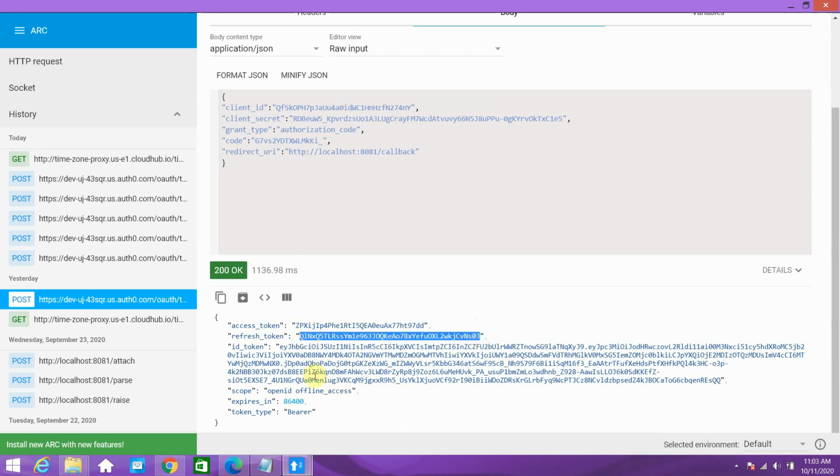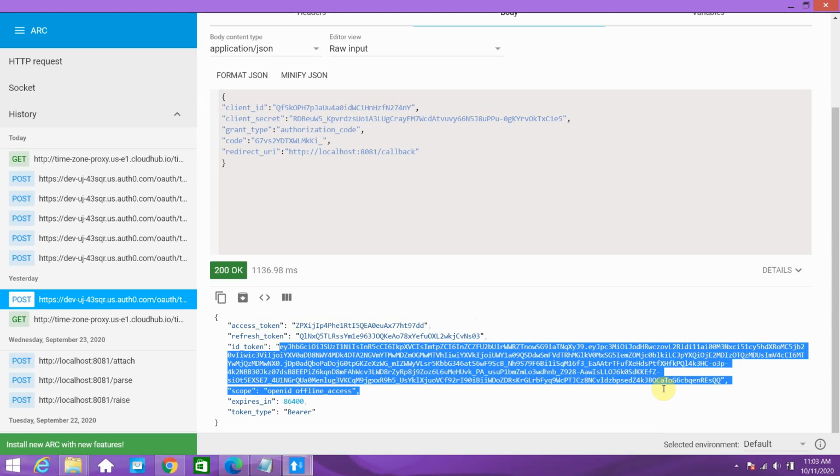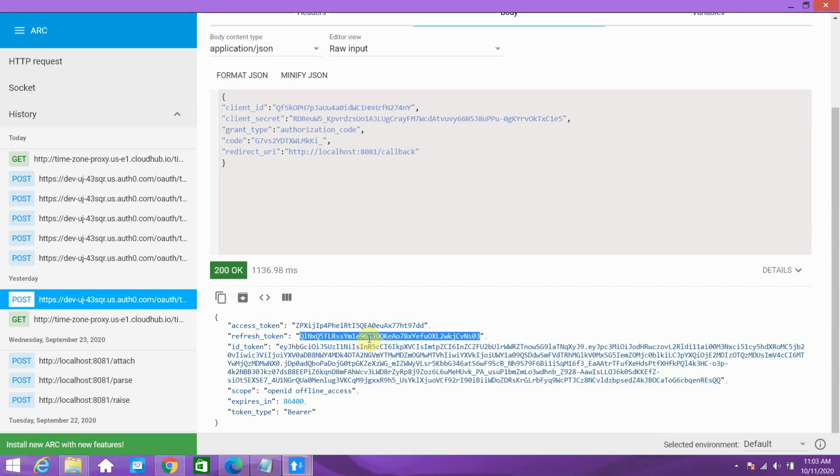Let's consider this token has expired, and I have to generate a new token. I don't want to follow again, just go and hit the authorize URL, get the new code, and after getting the code hit the token URL. I don't want to do that every time. One time is fine. Now I want to make use of the refresh token.